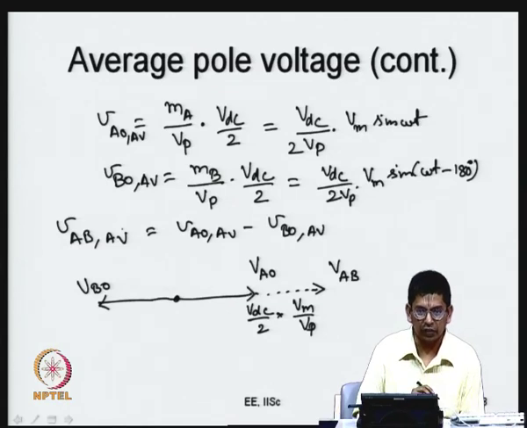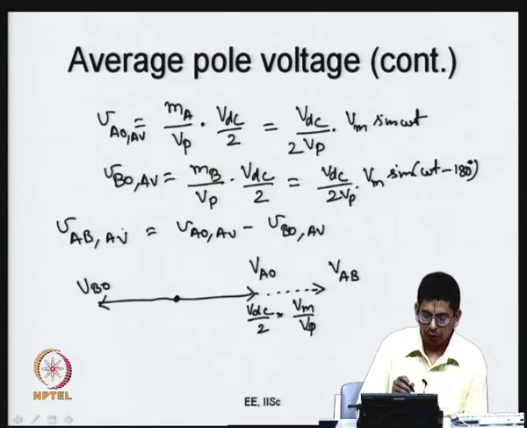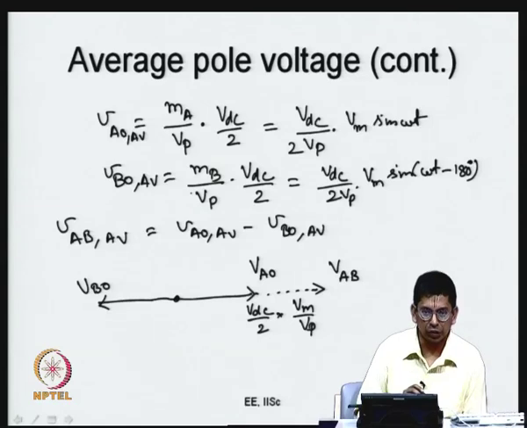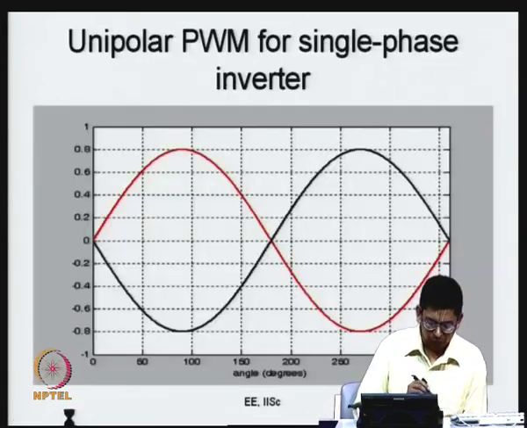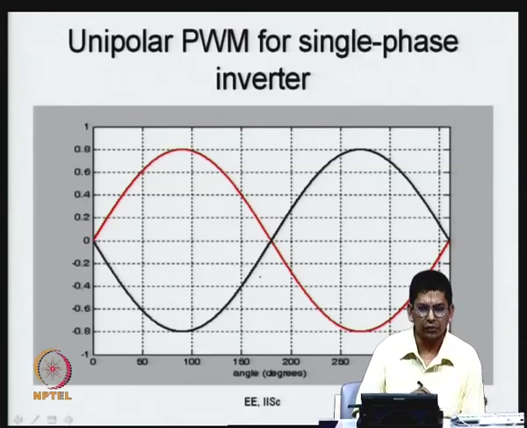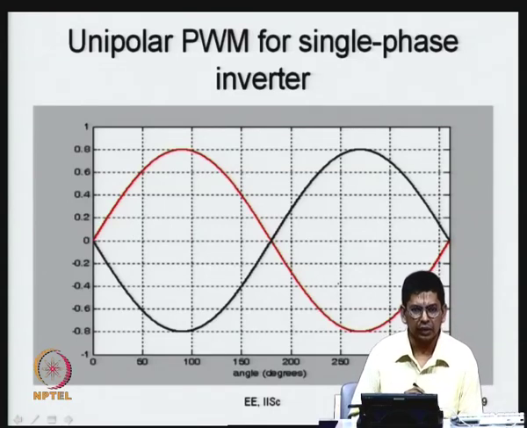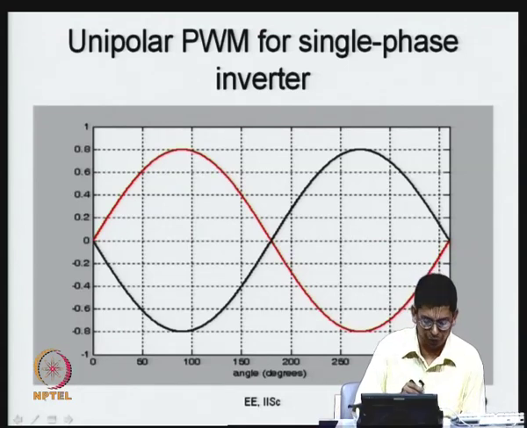In case of single phase inverter, in case of unipolar PWM, we are going to use just an MA and MB, both are sinusoidal signals at the fundamental modulating frequency, both have the same amplitudes, but they are the sine inverse of one another, they are phase shifted by 180 degrees now. So, there are certain possibilities, different waveforms are possible. This is what we are trying to do. What we are trying to see is, this is what you are trying to get. What is that? The top waveform represents